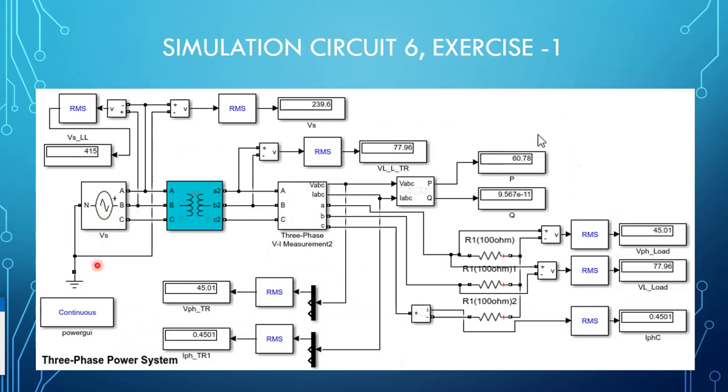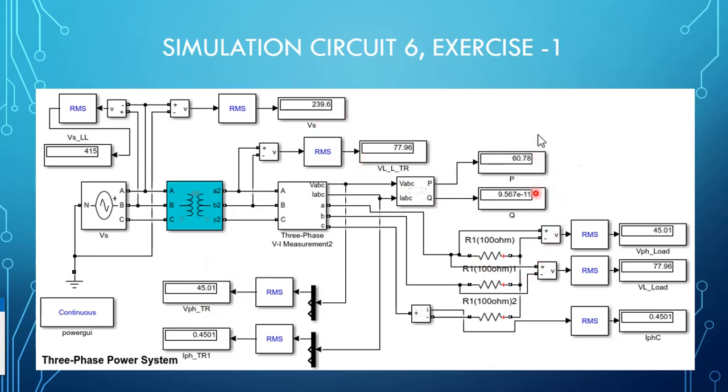In this simulation circuit, I put one three-phase supply, the transformer, and also the three-phase VI measurement here. I also put a three-phase power meter here. You need to connect your load in Y. Here it is in Y connection with R load, and I put a voltage sensor on each element and also a current sensor here. This is the example. The phase voltage, the secondary voltage of the transformer, is 45. When you run that, you will have the data of each element here.